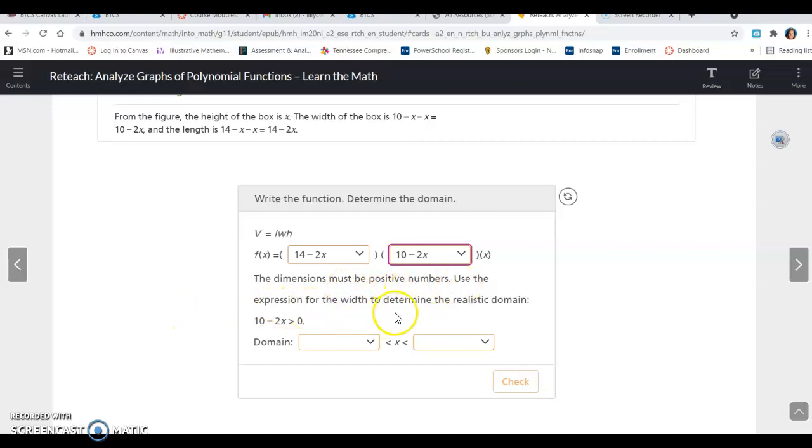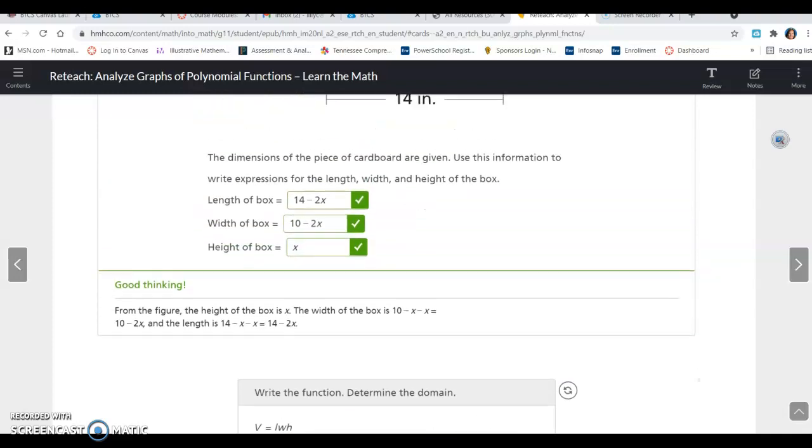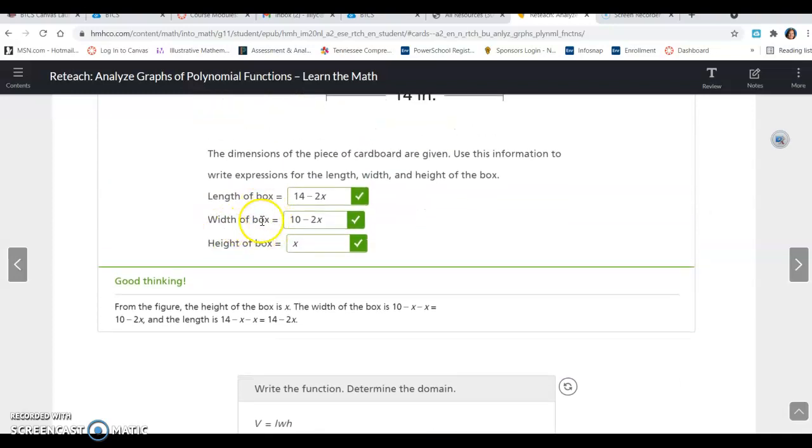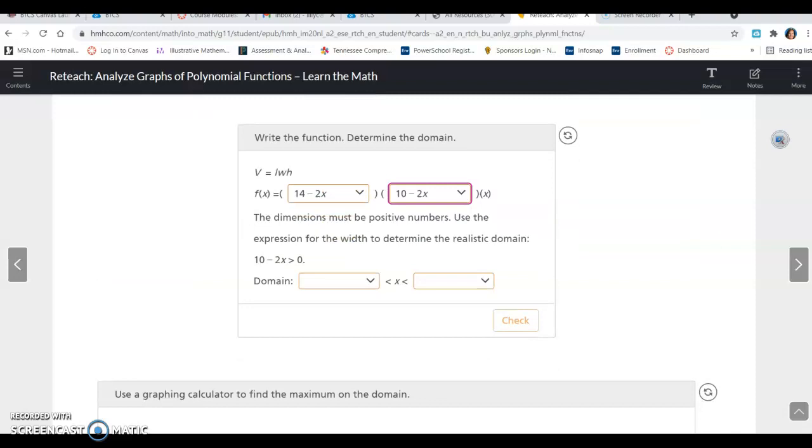Use the expression of the width to determine the realistic domain. All right, so we know that the width is going to be 10 minus the 2x, and they already have it. We have it like right here, width 10 minus 2x. And we know that has to be greater than 0. Why? Because we're talking about the length, and length can't be negative. Length is always positive. So if we look at 10